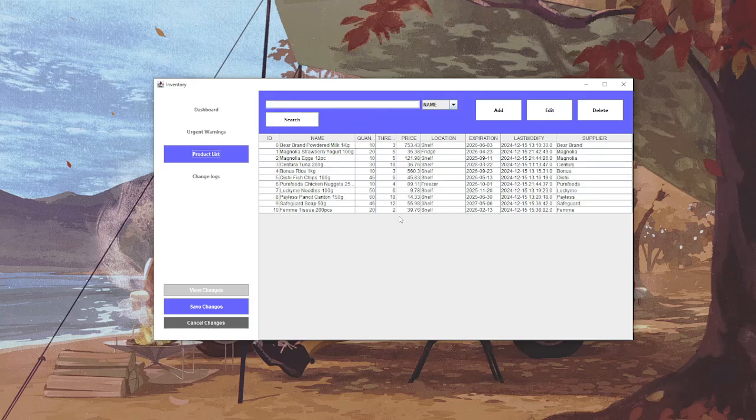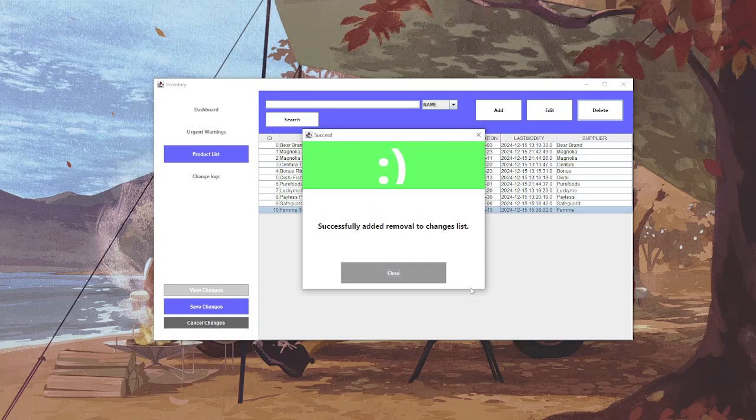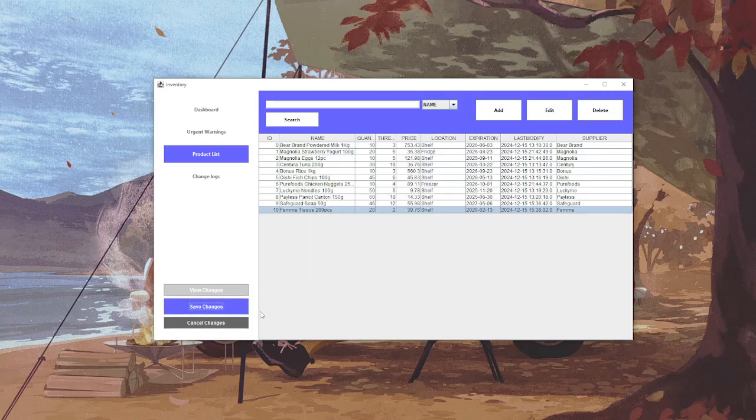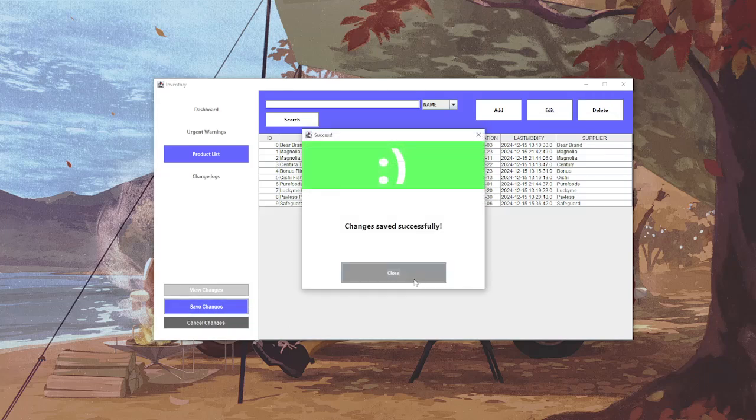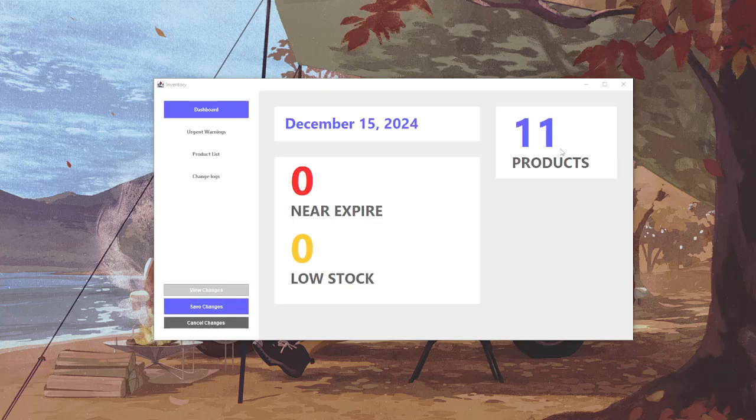To demonstrate the delete function, we first select the row we intend to delete, and it will ask for confirmation if you are sure. If yes, it will then add it to the queue, and saving the changes will delete it. The system ends when the user no longer needs to perform any operation and exits the system.